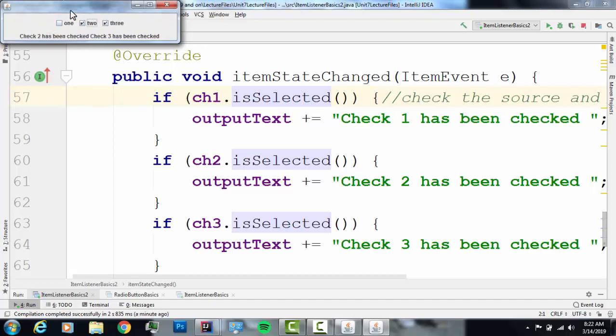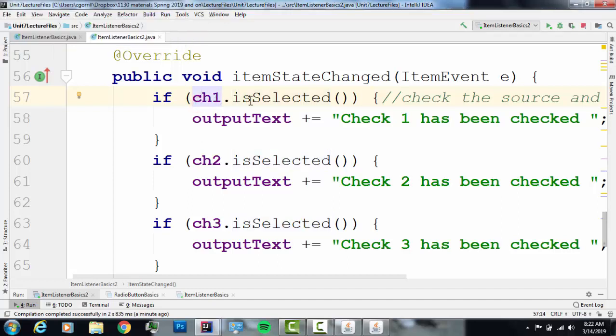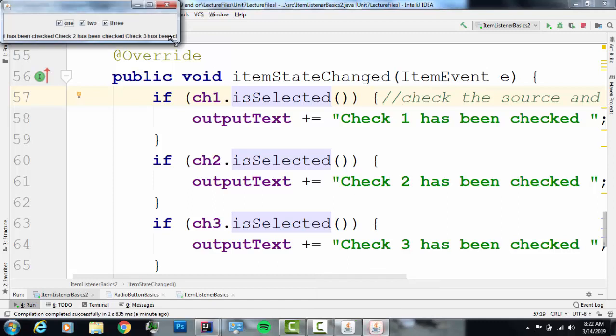So if I click on 2, if 2 and 3 are selected, we want to get into those 2 clauses. If all 3 of them are selected, we want to get into all 3 clauses. We don't care who fired off the event, we just know an event happened. So if ch1 is selected, what that's going to do is look at that item event and whatever fired that component, and if ch1 is currently selected, in other words, if it has a check in it, we're going to concatenate "check1 has been checked" to the output